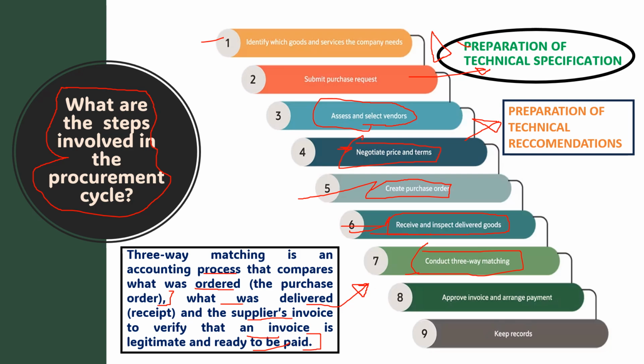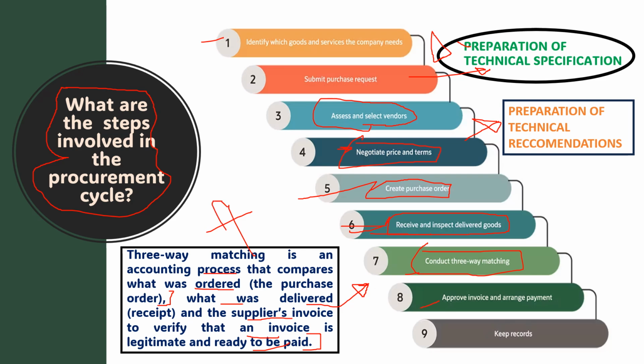It may be the case that the supplier asks for money for items which he has not even supplied, and which have not even been delivered. So we compare all these three documents, and generally these three documents should be in one single alignment. After that only we give the go ahead.